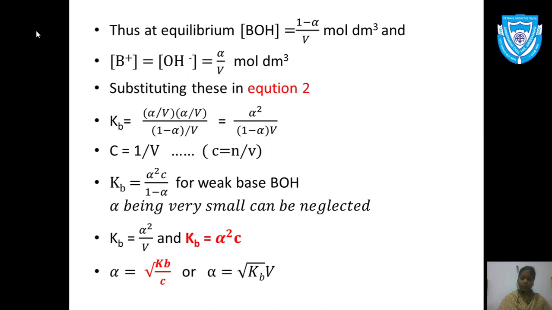Now the statement we have already learned: alpha, that is the degree of dissociation of the weak base, is inversely proportional to the square root of the concentration and directly proportional to the square root of its volume. So now we'll go for the next topic, and that topic is